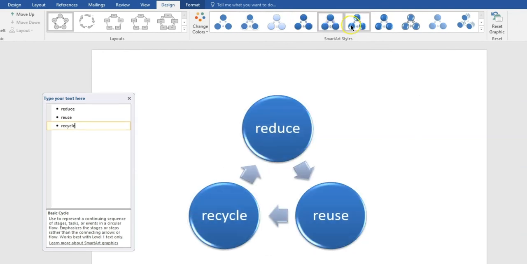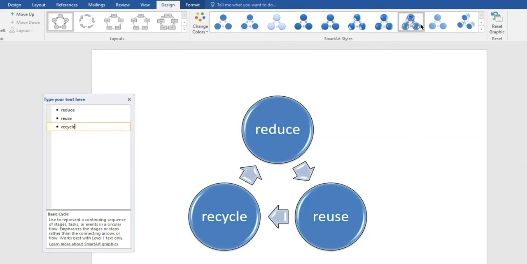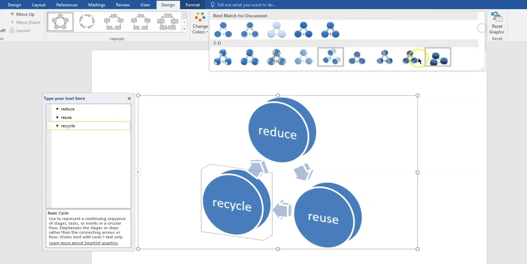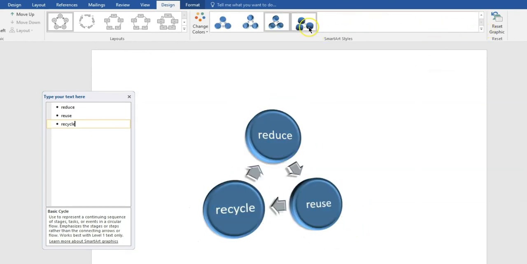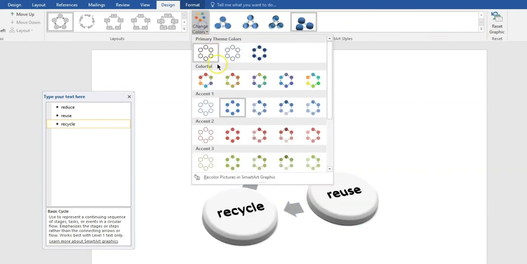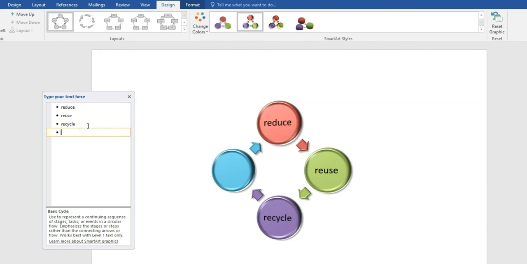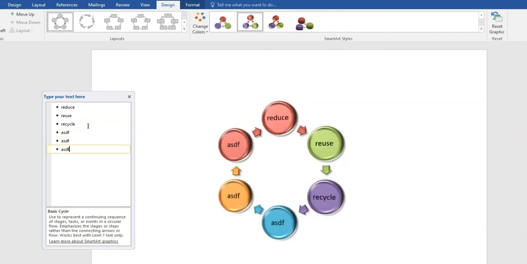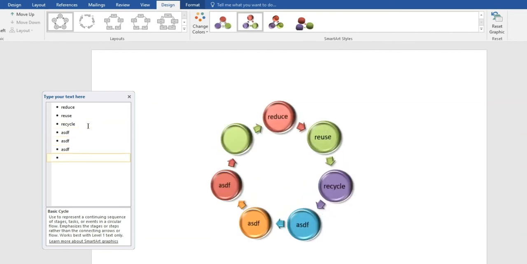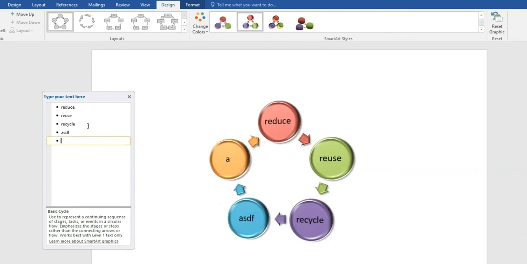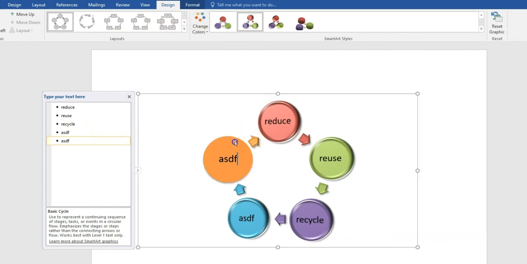You can click on any of these and you see how cool they look. We can also have all kinds of ones here. We can change the colors. You know I love rainbows. And you decide you want to add some more. You can add as many as you want. Take them away. And you can click on them